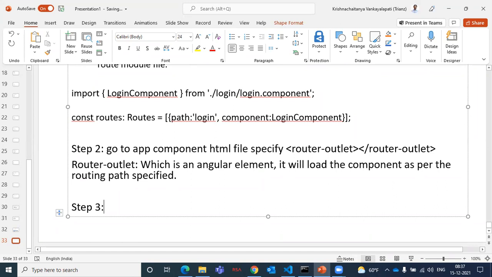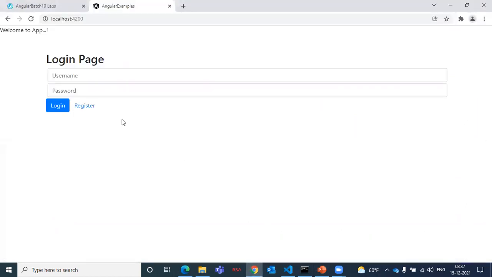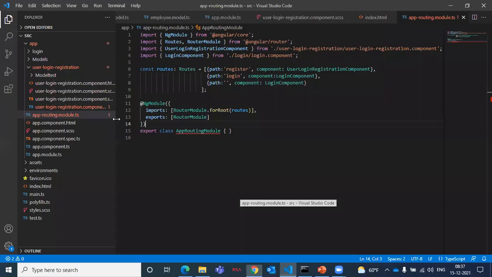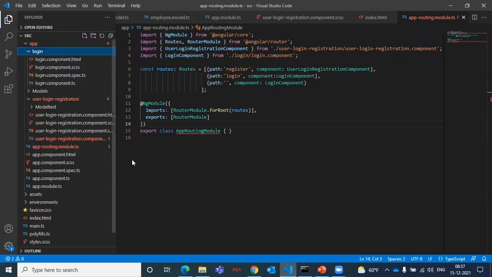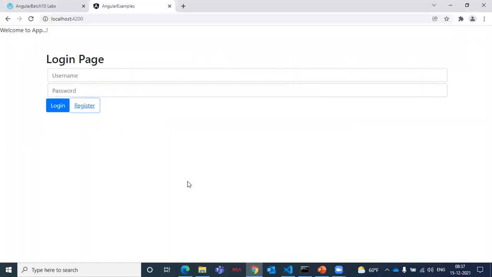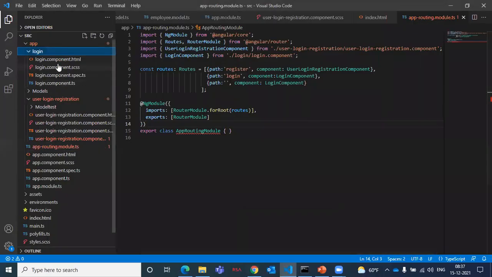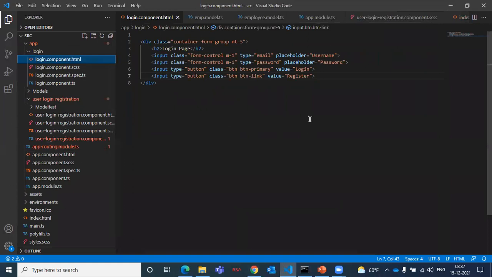Step 3. Next, if you click on here, this is nothing but a button. For that button, you have not given any reference. You need to give some reference. Where was this register button defined? The register button is defined inside the login page. Go to that HTML page. The step 3, this is your register.